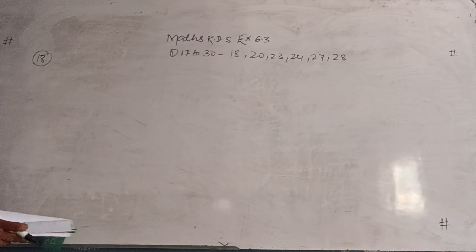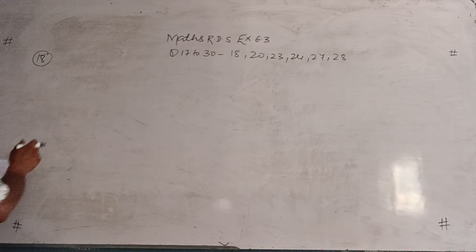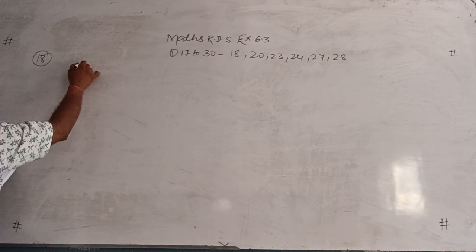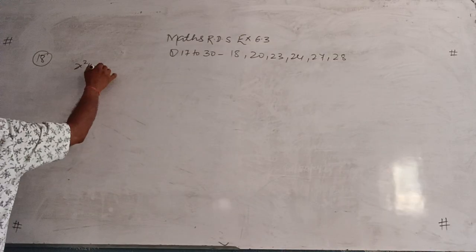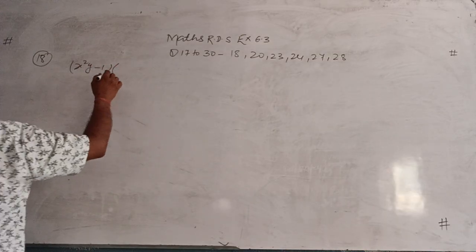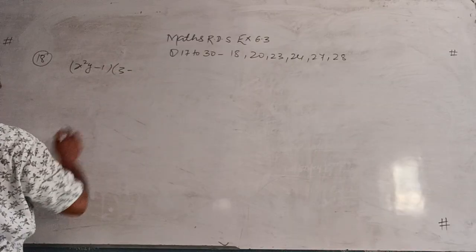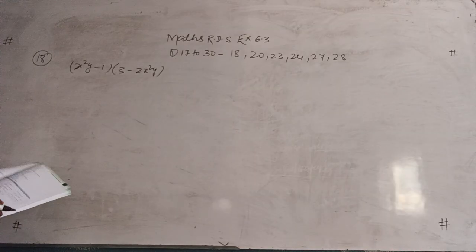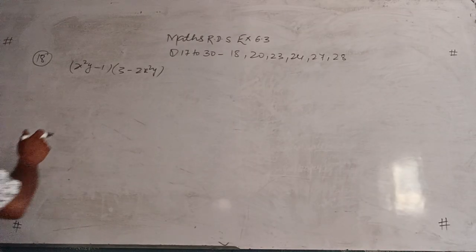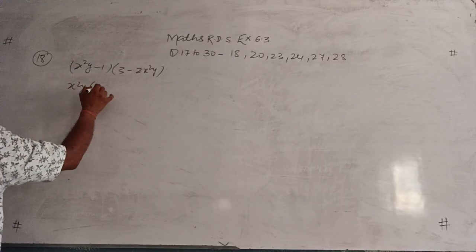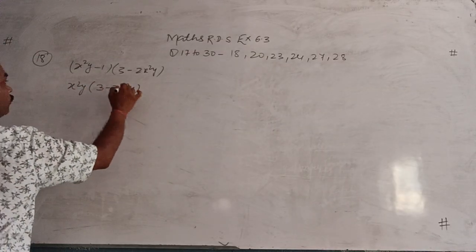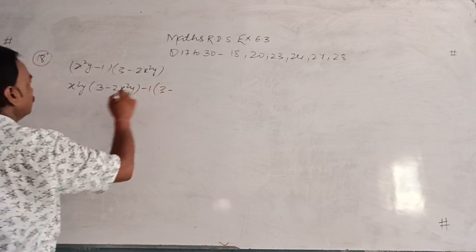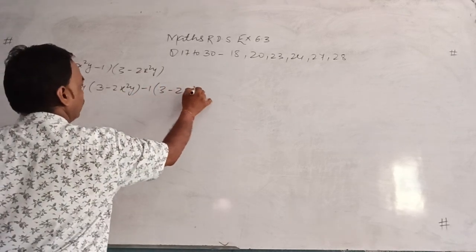See question number 18. x square y minus 1 into 3 minus 2 x square y. On multiplication it is x square y into 3 minus 2 x square y, minus 1 into 3 minus 2 x square y